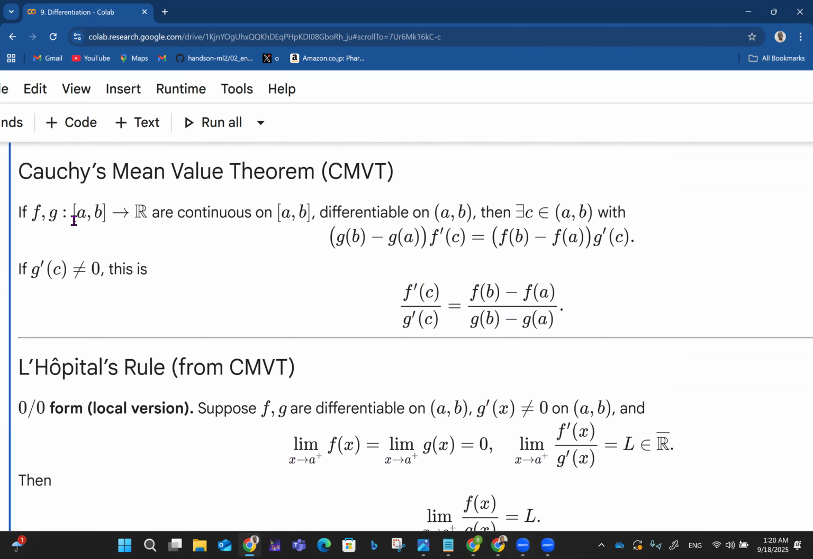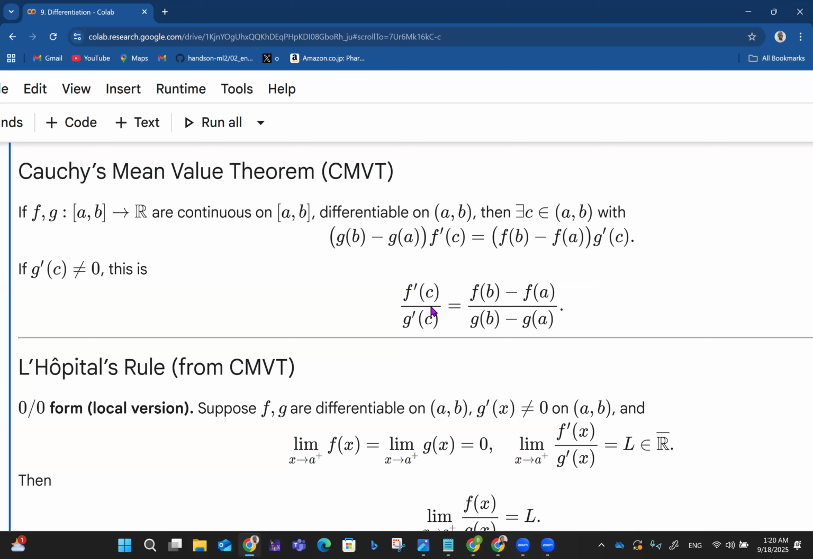So if f and g, two functions mapping the closed interval to the real number system, are continuous on the closed interval [a, b] and differentiable on (a, b), the two premises, then we have a c belonging to (a, b) with this whole expression: g of b minus g of a times f prime of c equals f of b minus f of a multiplied by g prime of c, like that. Okay, so if g prime of c is not equal to 0,